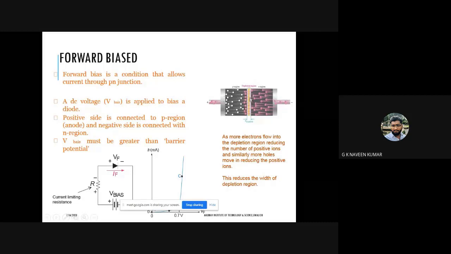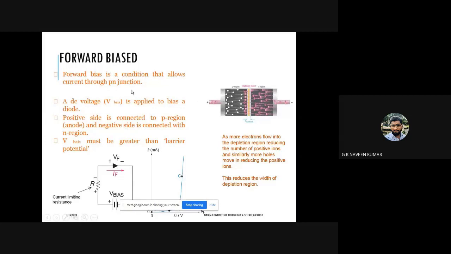As here, there is no question of the depletion region occurring. You can say this voltage will be almost 0.7, a very small voltage. If I am applying 10 volts, only 0.7 volt will exist here as the barrier voltage. That barrier voltage is the cut-in voltage for silicon, that is 0.7, whereas this barrier voltage will be 0.3 for germanium. This is the difference.